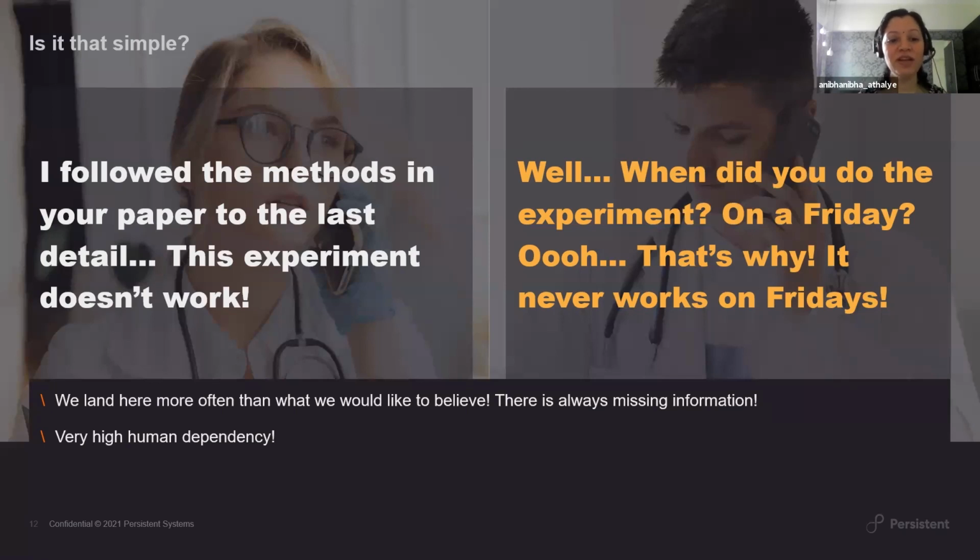And this is where we land more often than we would like to believe. There are a lot of manual hacks that go into reproducing a specific publication to achieve the outcomes.